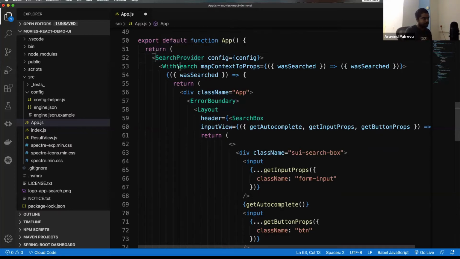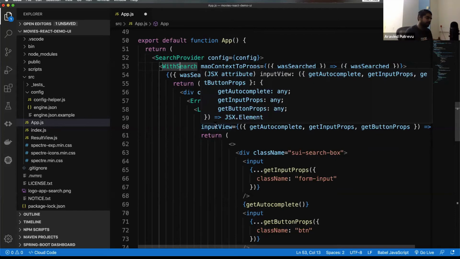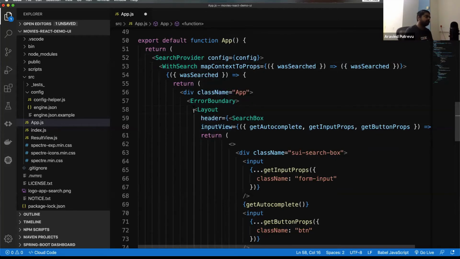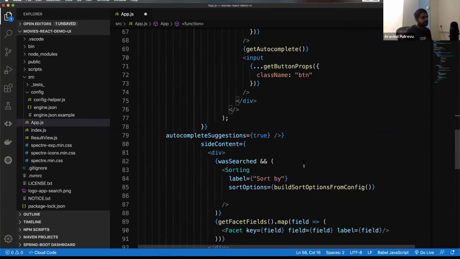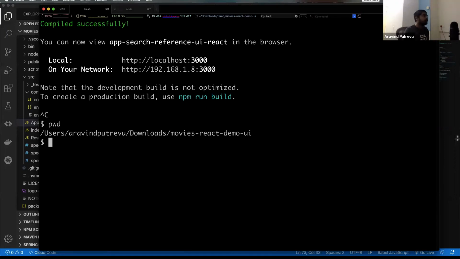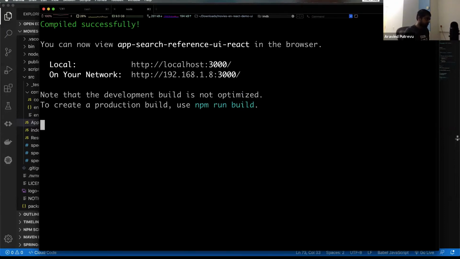That can be done, but this is more into React UI because the search UI is built in React. So what I've done is there are multiple tags which set the layout and everything here. I have changed one specific tag and added the class name and a different CSS class. So if I save this and quickly go back, I believe I have a tab open here.